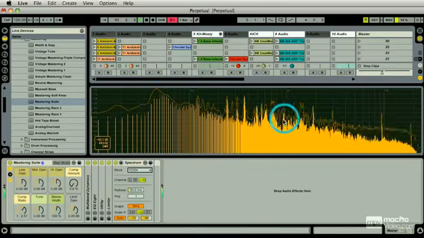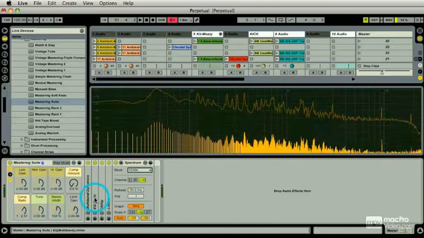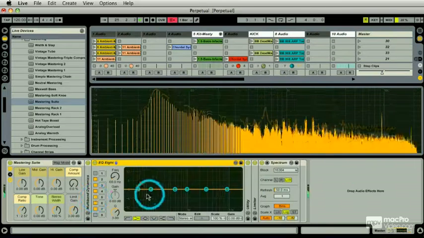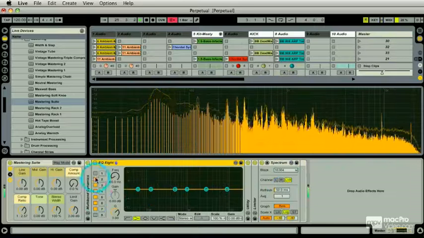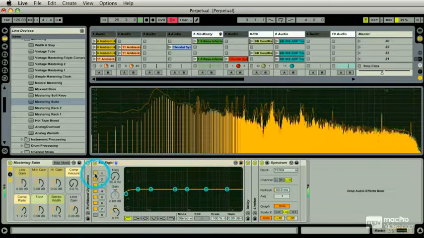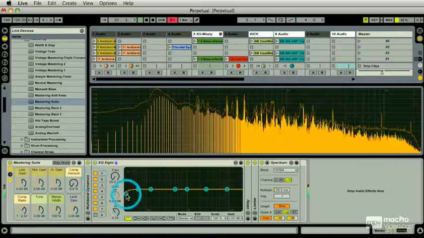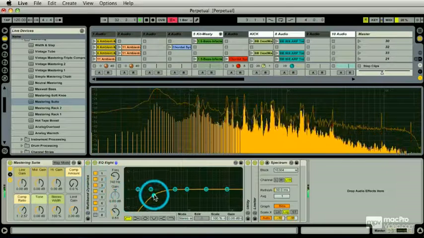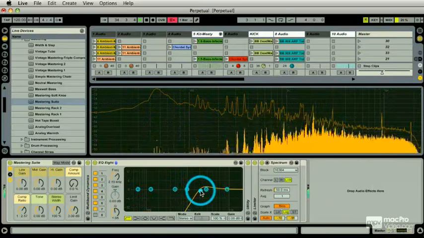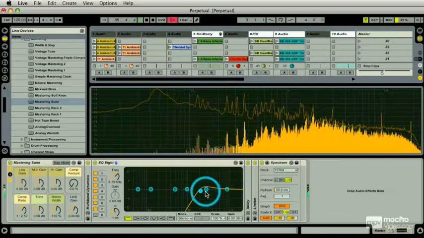Then I can see all these little spikes, okay? So this is critical for working with EQ itself. Watch this. I've got my EQ loaded, and in this EQ, you can turn things on and off like this with these orange buttons. And I'm just going to do a sweep like this. Okay, and basically I've just made that kick drum disappear,